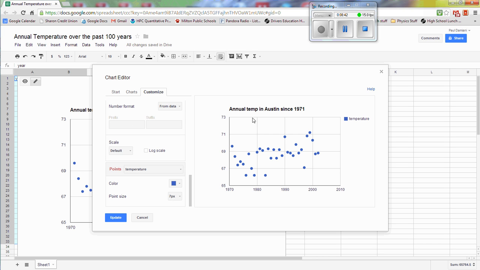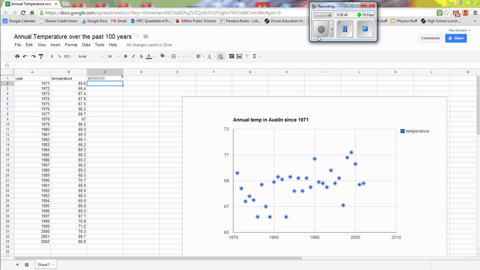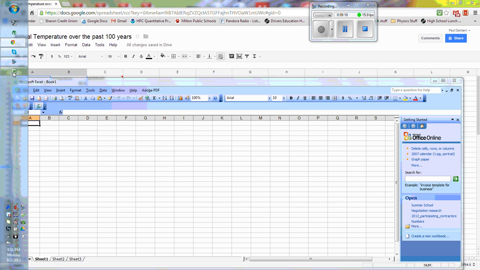All right, so after trying to figure all this out, I'm seeing that you actually can't add a trend line into a Google Doc, which is really frustrating. But at least you can get the idea that you can graph and plot some good stuff in here. If you do want to add a trend line, there is a way to do it, but you have to go back into Microsoft. And what you do is you're going to copy what you had, open up Microsoft Excel, you're going to go ahead and paste it,